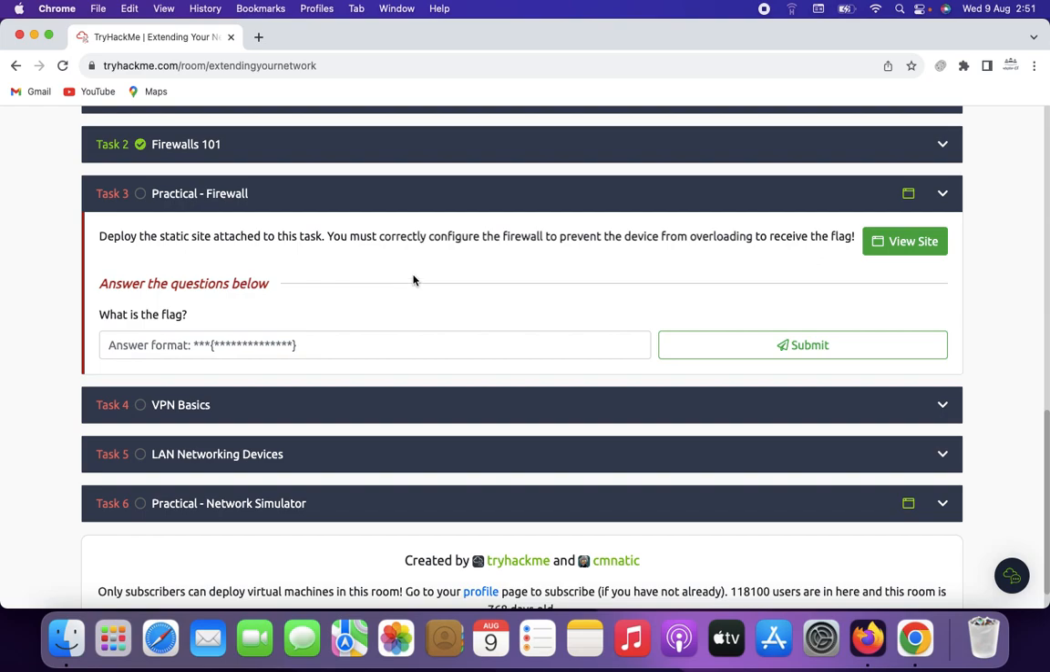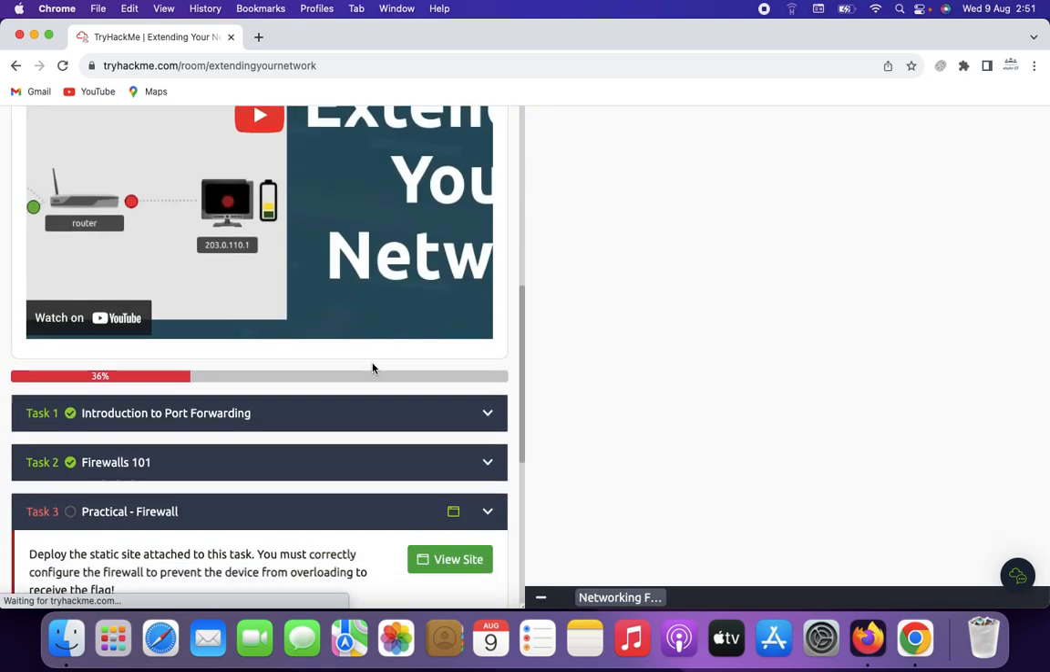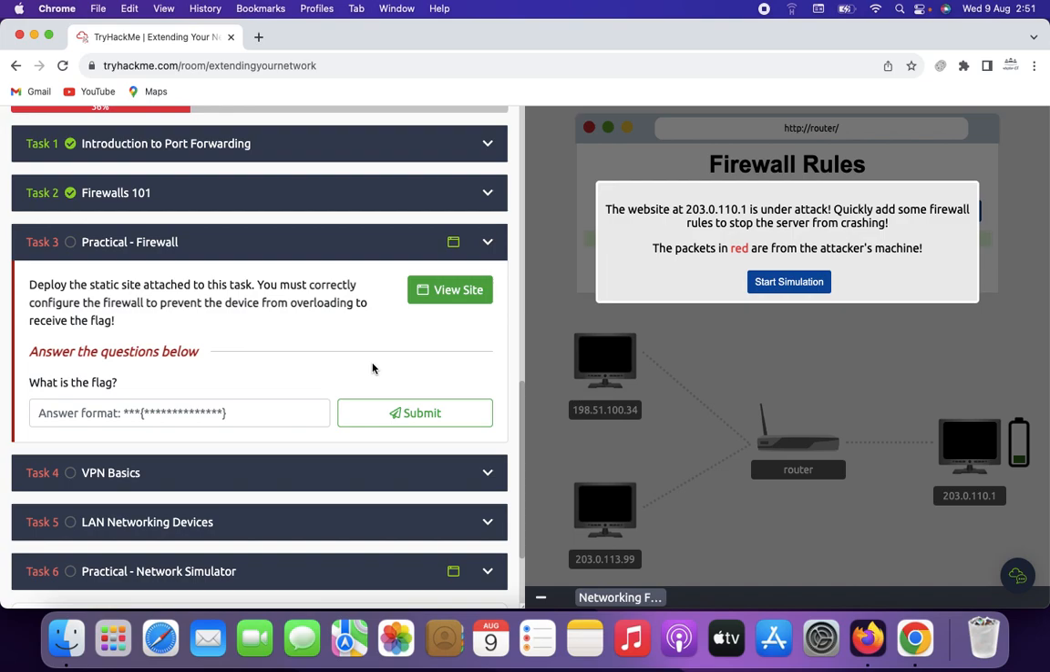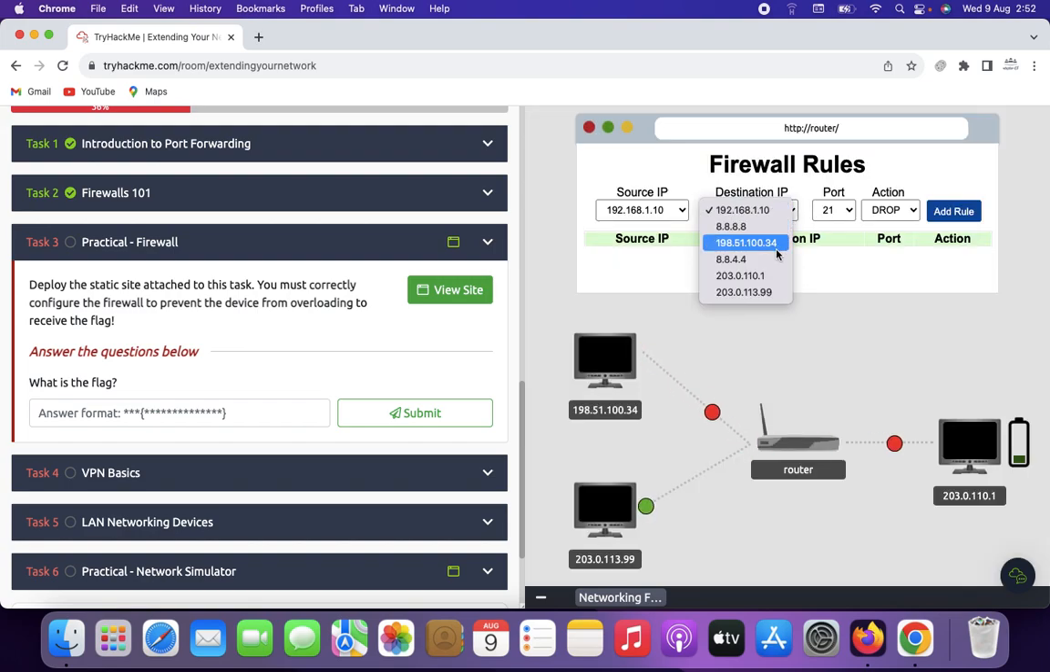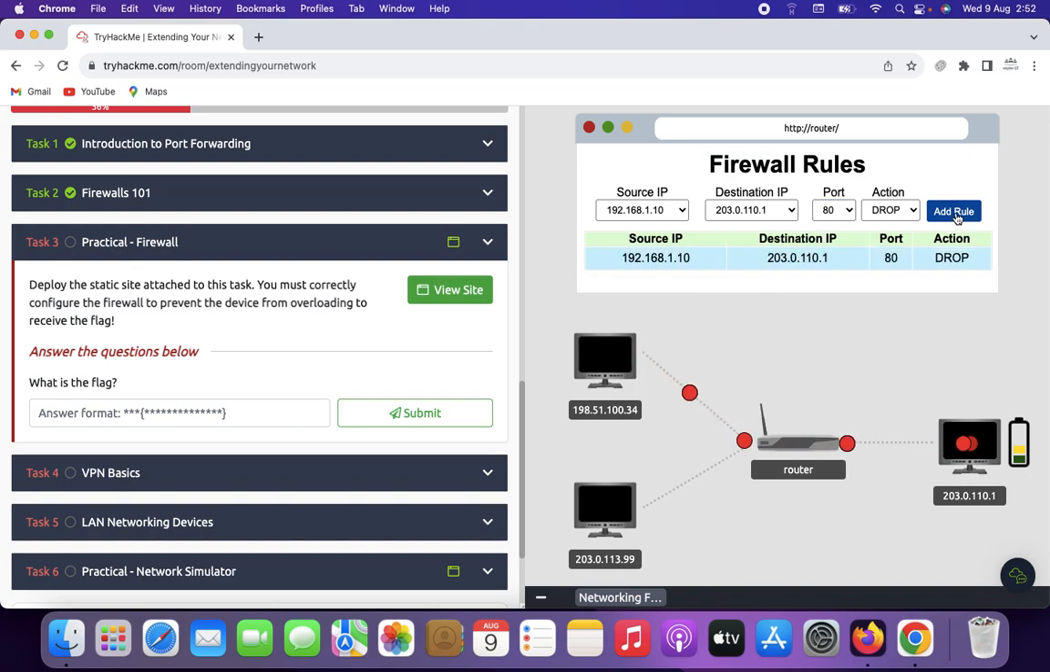So now we go for the firewall practical. Now view the website. The website at 203.0.110 is under attack. Quickly add some firewall rules and stop the crashing of the system. The port is 80, then